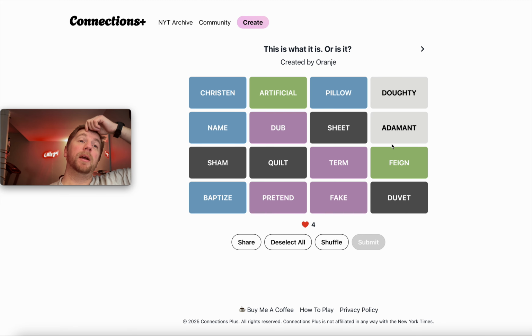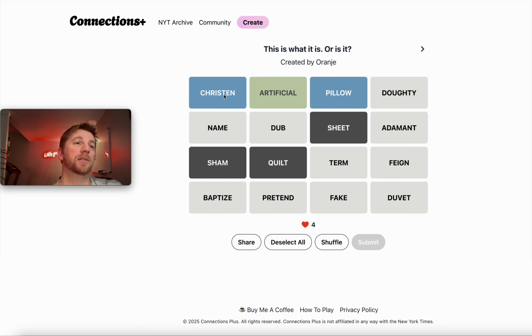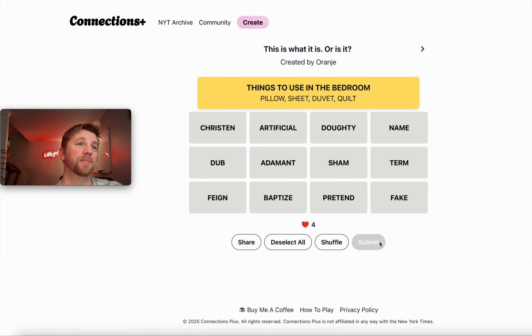So you go back and you say, hey, what can I change here about this? So you probably won't go all the way back to the bed stuff. Say which one can mean something else, right? So sheet, quilt, sham, duvet, and pillow. Really, there's only one thing that can mean something else for the most part. It's sham.